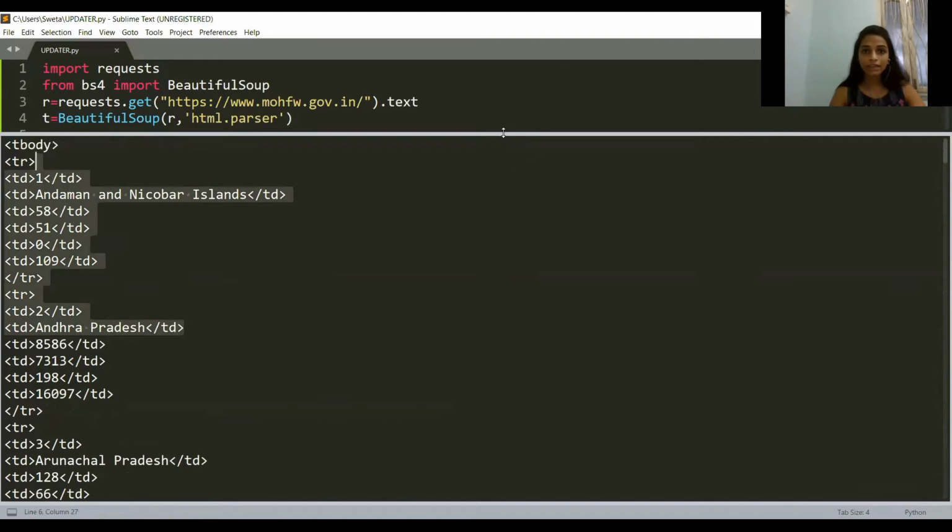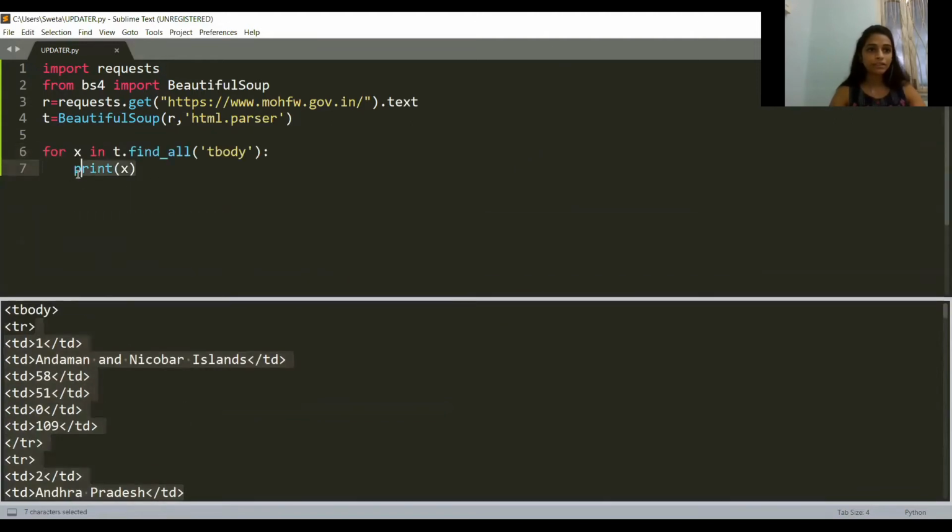If I want to print this as text, for that I need to do y equals x.text, actually x.get_text.